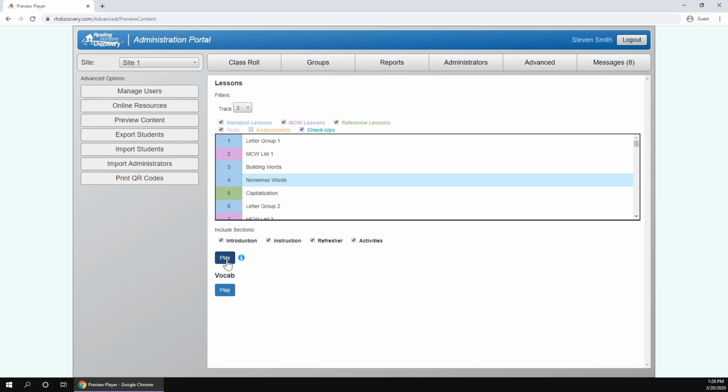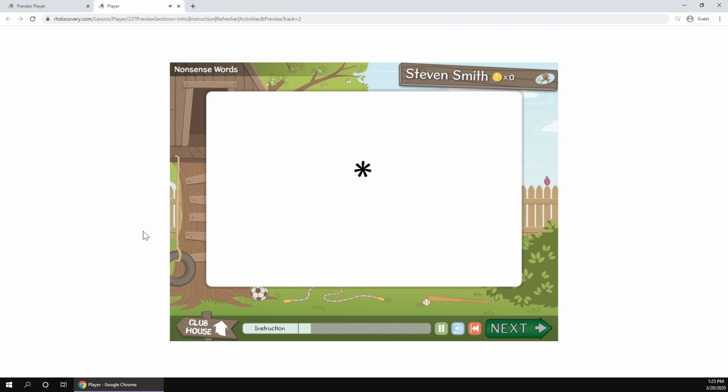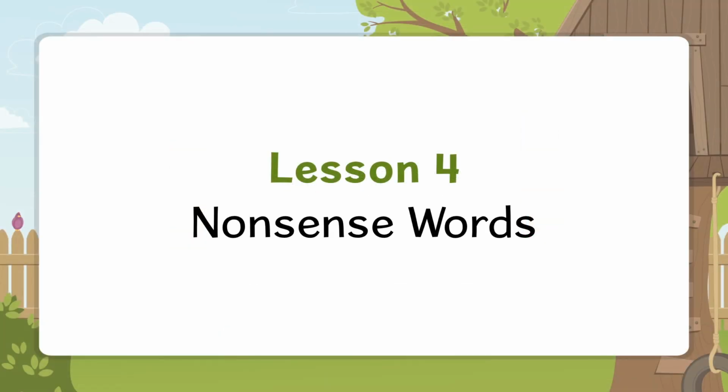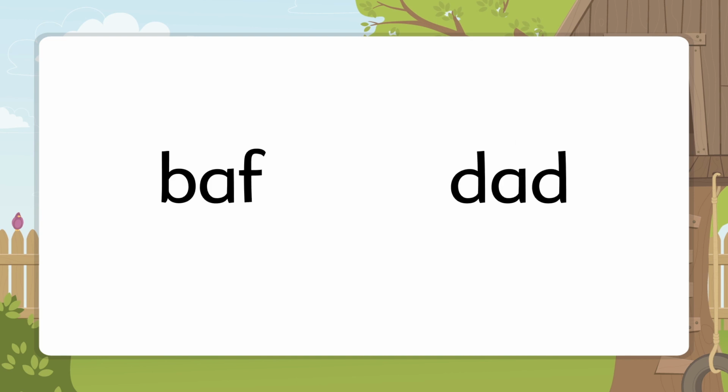Remember, you can use the instruction in the software to support your instruction and then go through the activities, or you can teach that concept directly and then go straight to the activities for practice and application. Reading Horizons Discovery teachers can also use the Chapter 1 PowerPoint slides from Reading Horizons Accelerate to directly teach and